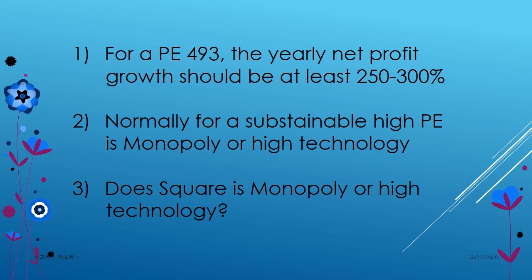For a PE of over 400, the net profit growth, in order to support that price to earnings ratio, must be over 250 to over 300%. Normally, for a sustainable high PE, sustainable meaning not only a few months or half a year but many years, you need 2